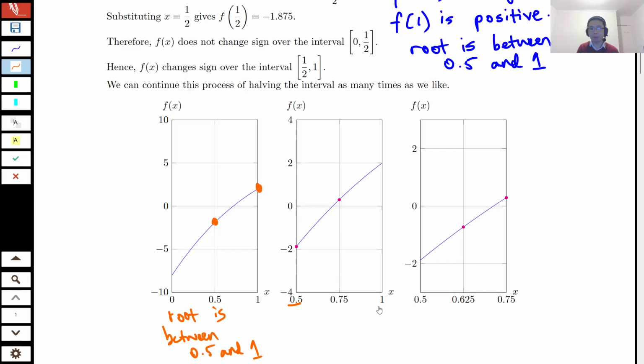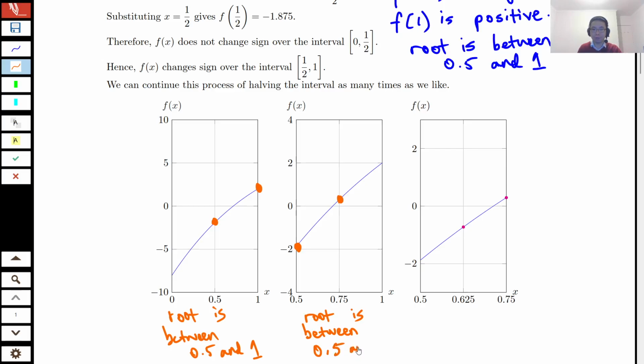So now I repeat. This time I go from half to 1 and I find the midpoint, 0.75. And what I'm noticing is f of half is negative, f of 3/4 is positive, which means a sign change must have happened between those two values. So after another iteration of the bisection method, we can see the root is between